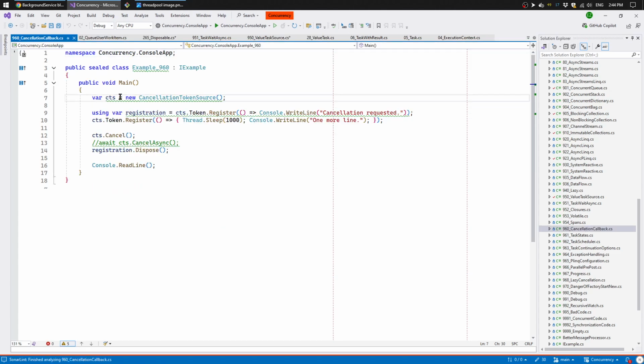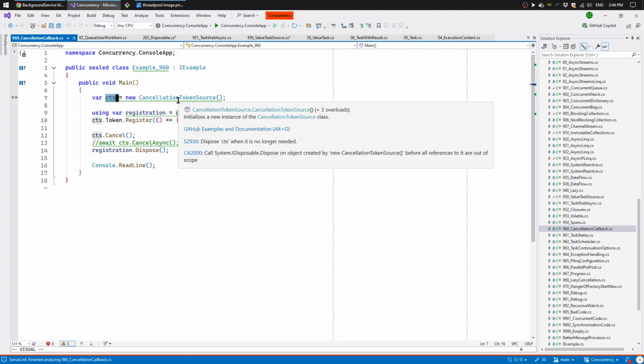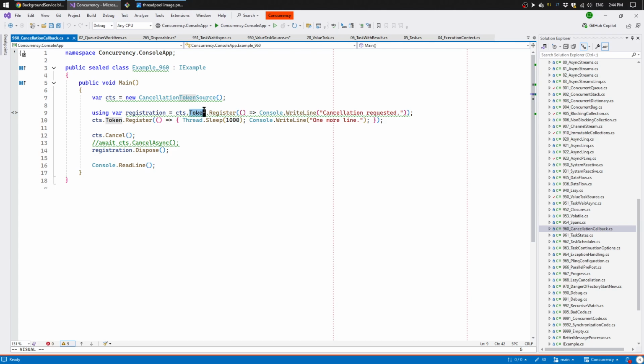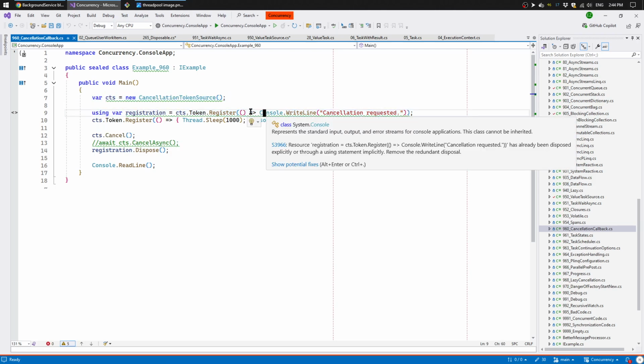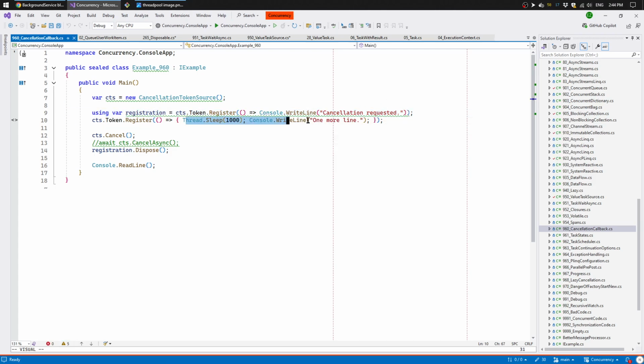Let's start with cancellation. Cancellation token source, it also has a special method on the token. A cancellation token has a special method, register. This register method registers a delegate to be run whenever cancellation happens. So if somebody cancels later our cancellation token source, this method will also be called. Here we call two methods, this one and this one. And this operation, TCS cancel, will actually block the main thread until both methods have run. So it will run them synchronously in the order in which they are registered and will wait until they are